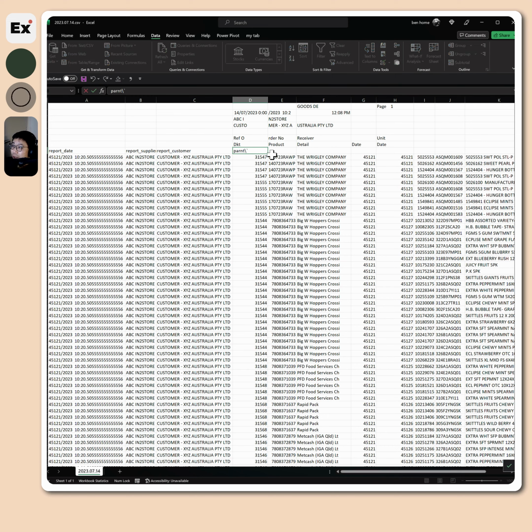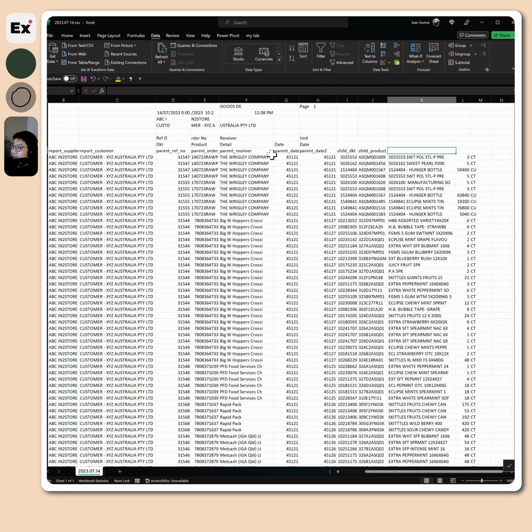Let's just say parent, so we know the hierarchy of the information. Parent DKT, parent, probably this is reference number, parent, reference number, parent, order number, parent, receiver, and the parent date 1, parent date 2. For this one, I know it is a child DKT, child product, and the child description, and the child quantity, child